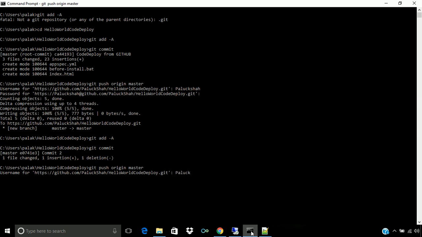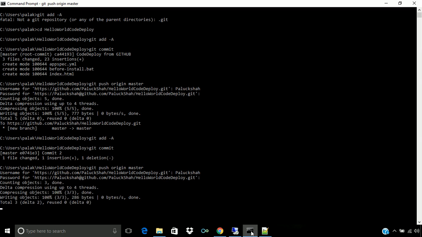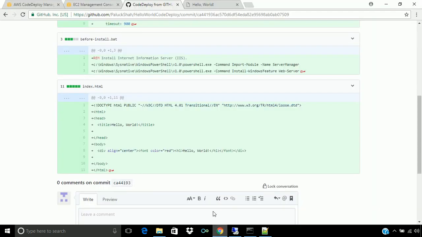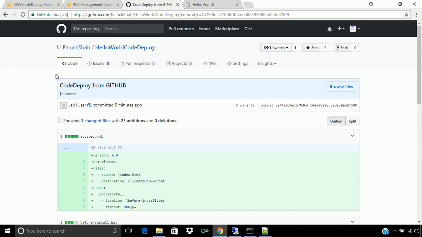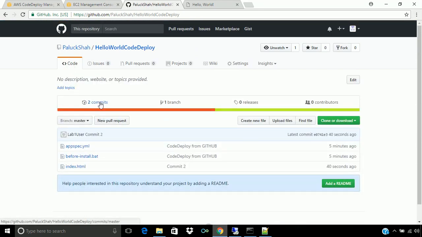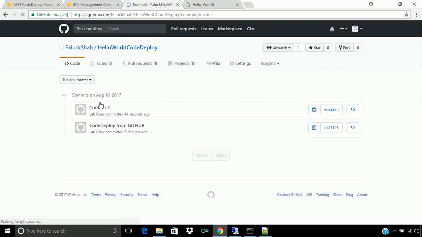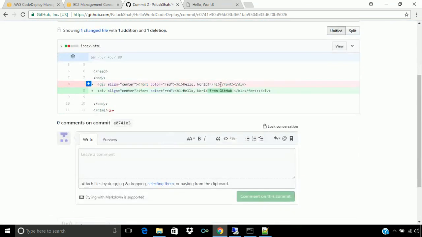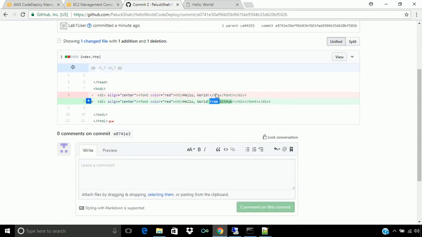Here every time we have to give the username and password. All the changes have been pushed. Let's see again. Here we can see that 2 commits have happened. In the second commit we can see that the code has been changed to hello world from GitHub.